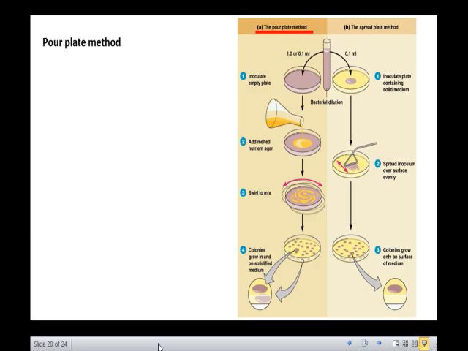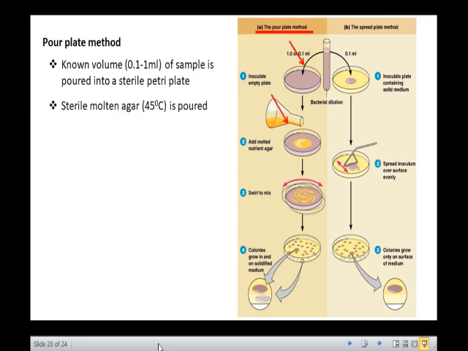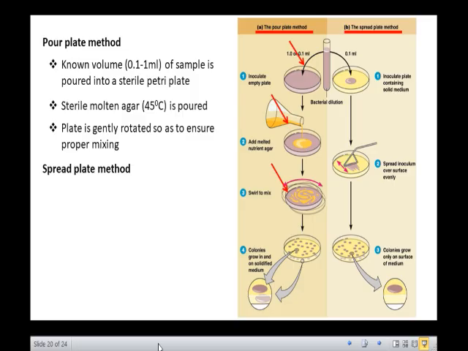In pour plate method, a known volume of sample is poured into a sterile Petri plate as can be seen in the figure. Sterile molten agar is poured into the plate and the plate is gently rotated so as to ensure proper mixing of the sample and agar. Alternatively, the sample can be added into a sterile molten agar tube, properly mixed and then poured into the sterile Petri plate. In spread plate method, the sample is suitably diluted and then 0.1 ml of the sample is spread